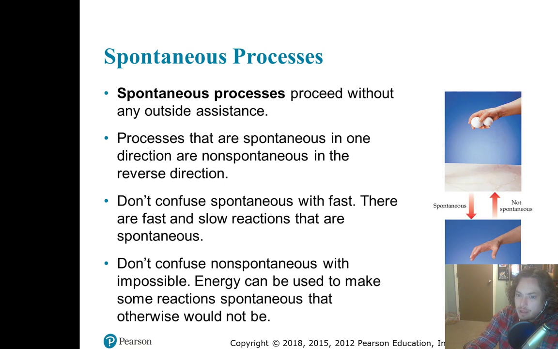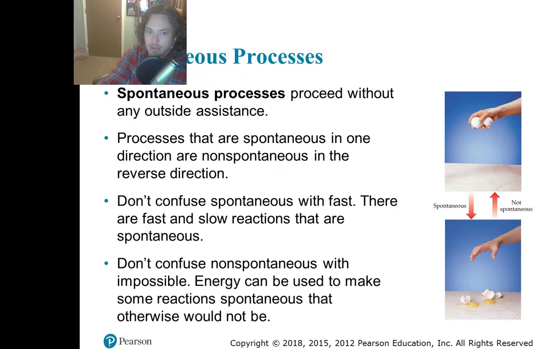Okay, a spontaneous process proceeds without any outside assistance. So here, this guy has lifted up a couple of eggs. I'm gonna move my head up here so we don't block this beautiful picture. Notice that these eggs are up here. He picks them up and then he lets go and they fall. That would be a spontaneous process. Having the eggs reverse backwards and come back up to their hand, that is non-spontaneous. That isn't going to happen on its own. So that's really what spontaneous and non-spontaneous means. Spontaneous things happen on their own. Non-spontaneous do not. You have to put in some sort of work to make it happen.